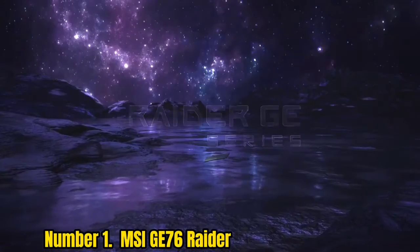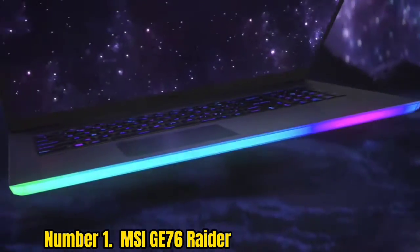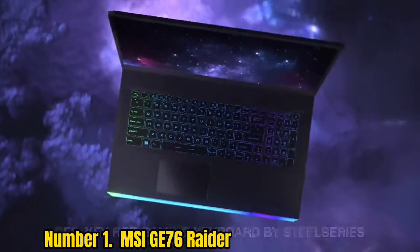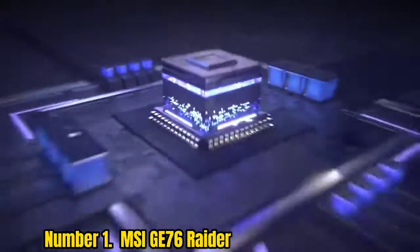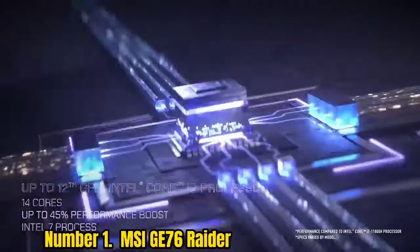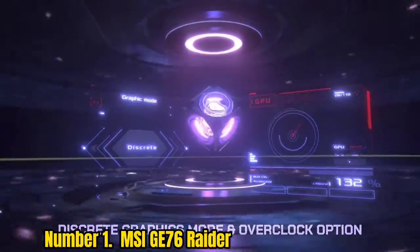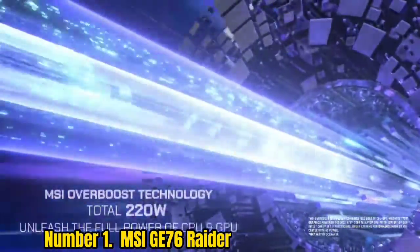Number 1. MSI G17 R2. If you're looking for a laptop with desktop-level power, the MSI G17 R2 is about as close as you'll get, though you may also have to spend a ton of money to get there. Still, with its high-end components like the Intel Core i9-12900HK and NVIDIA GeForce RTX 3080 Ti, we'd be